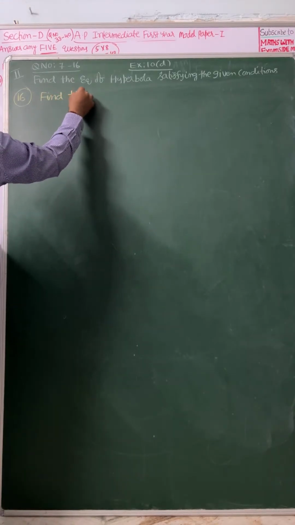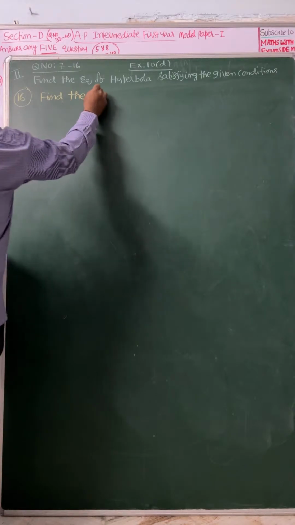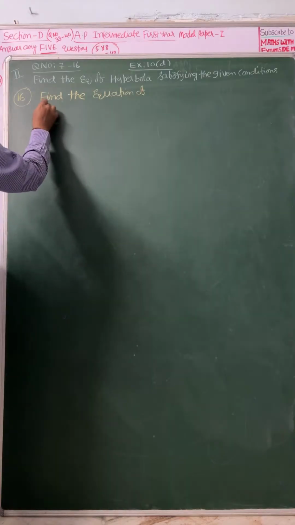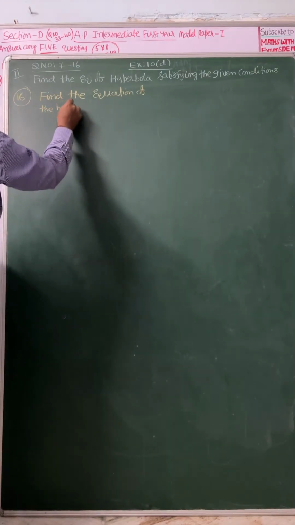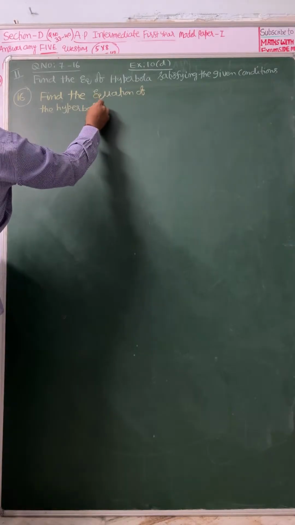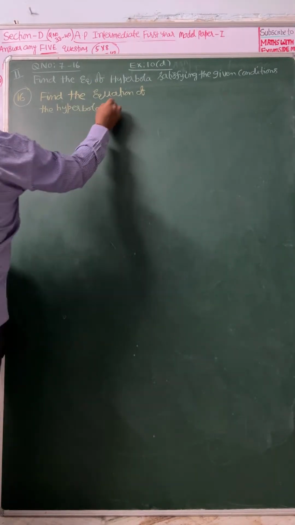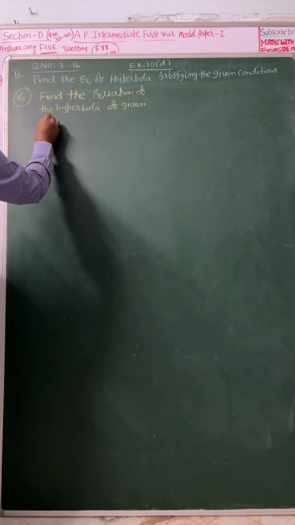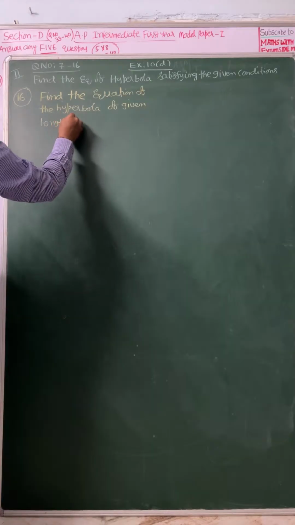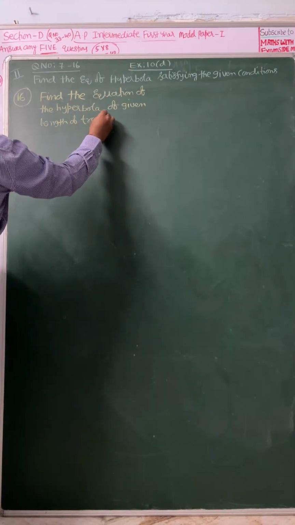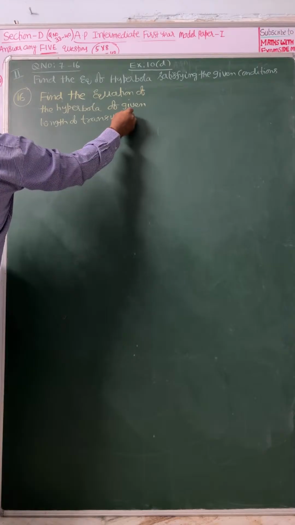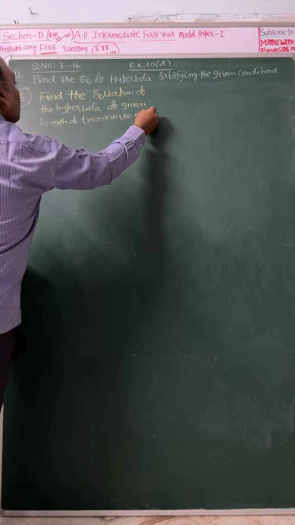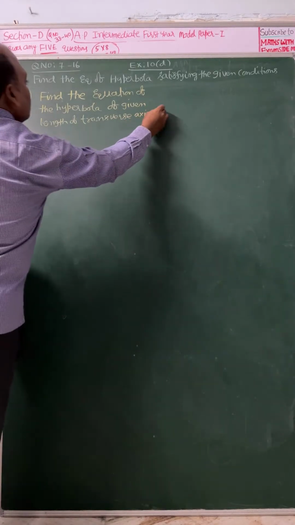Find the equation of the hyperbola of given length of transverse axis, length of transverse axis six,